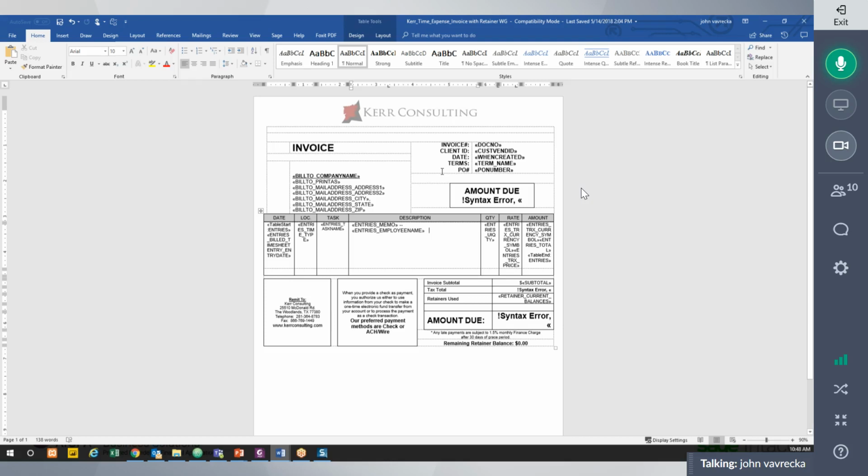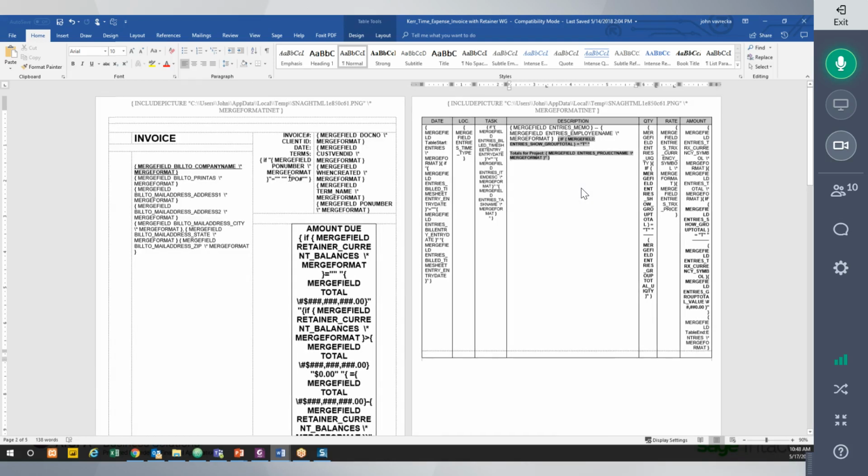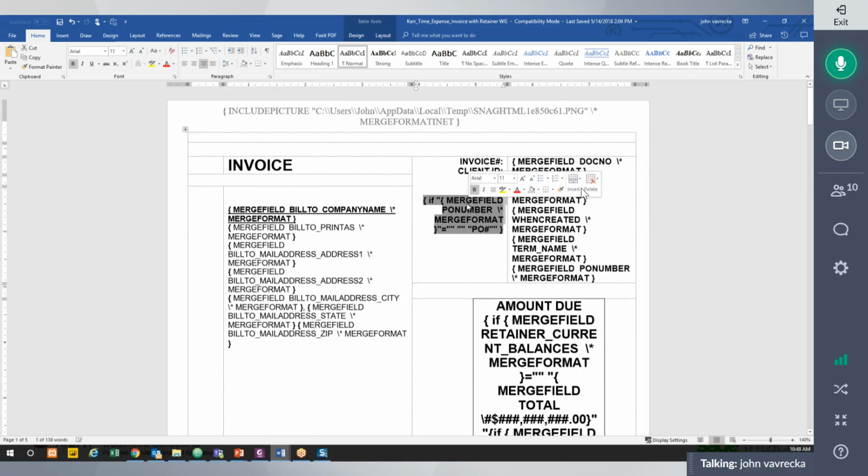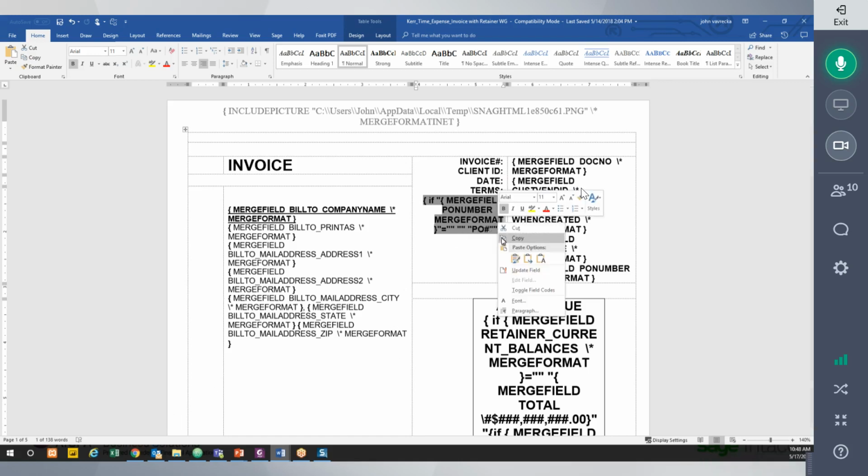So in here, and this is where the Alt 9 comes into play, you actually see what you typed in. So on here, you can do if-then statements. I don't think I have one. I don't have a copy of this standard template. So on an if-then statement,